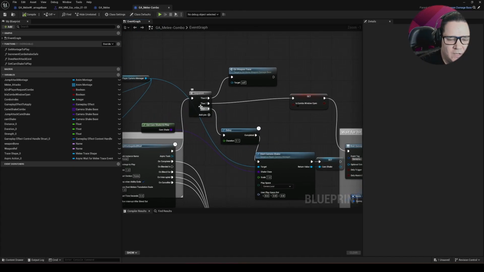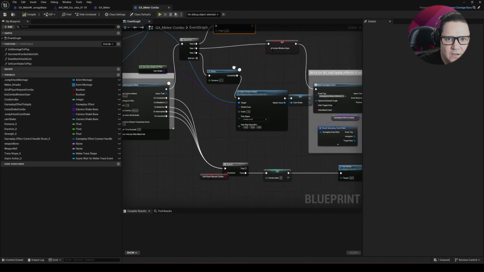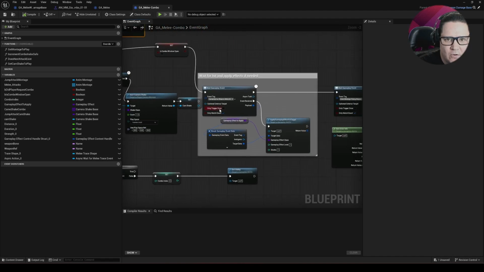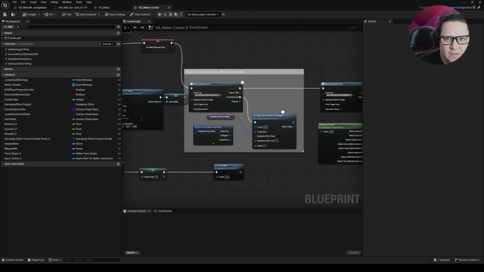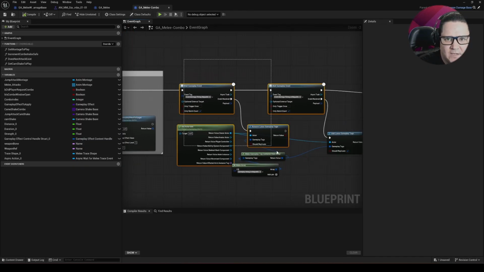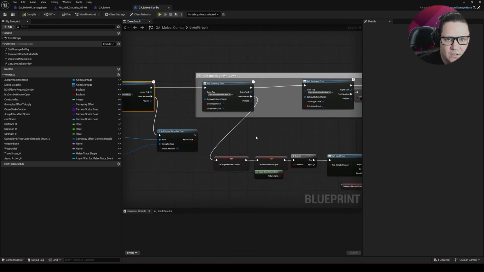Now, here in the sequence at the beginning, I will call the custom event that I created for the weapon trace on the parent class. And then I will start all of my gameplay events, the ones that detect when I hit the enemy, the ones that open and close the skippable windows for being cancelled during the actions, and the ones